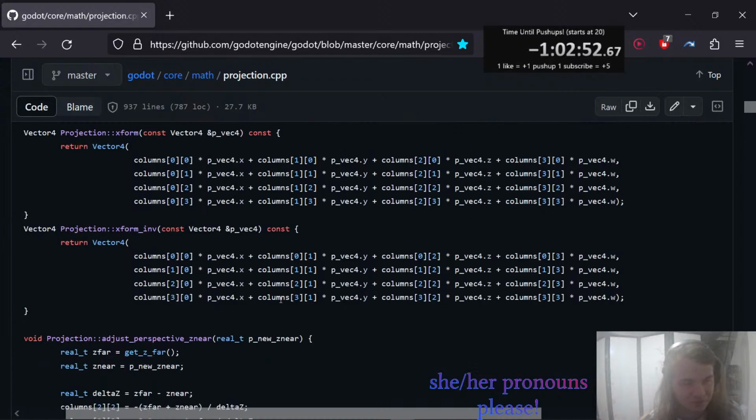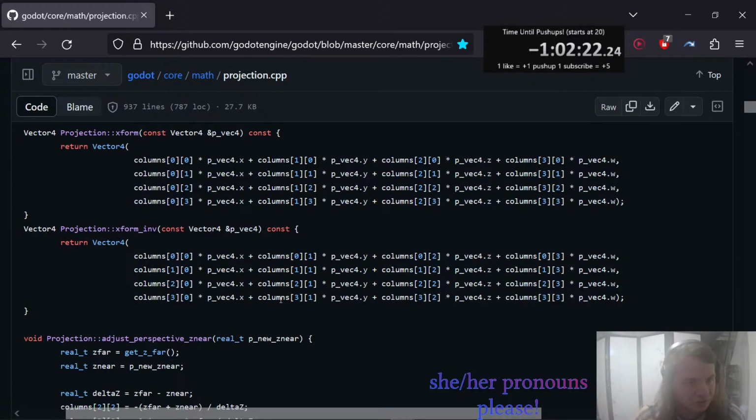Vector4 projection_xform left curl. Coffee. It's important. Vector4 projection_xform left curl. Vector4 projection_xform(const Vector4& p_vector4) const {